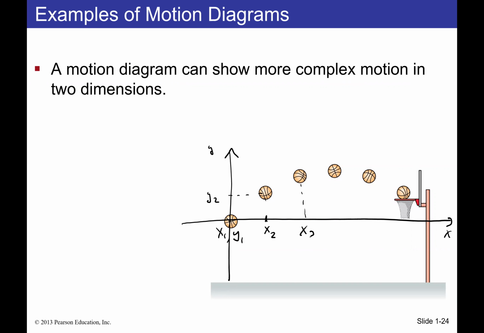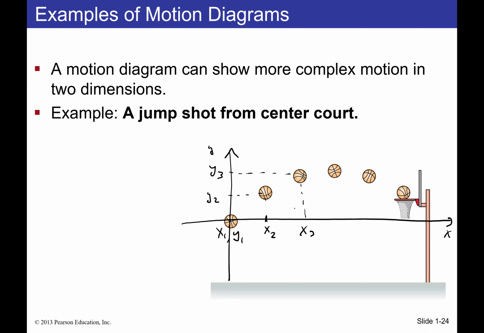x3. So technically I can look at it as just horizontal motion, right? x1, x2, x3. But because it also changes the vertical position, which it didn't before, I have to also take that into account. So that's right, and so on and so forth. So we have to look at it in terms of both of the dimensions. So, a jump shot from center